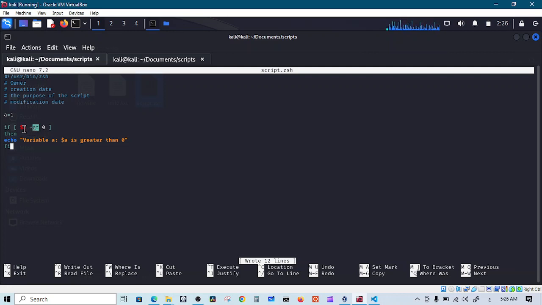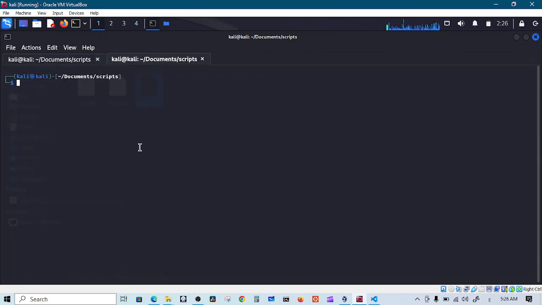So if the value to the left is greater than the value to the right, then do something, and then fi, which is the opposite of if. It's not a shorthand for finish. So this denotes the end of this if block of instructions. All right. So let's save this,